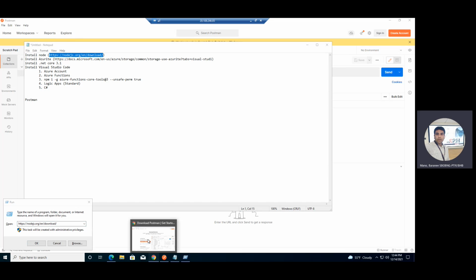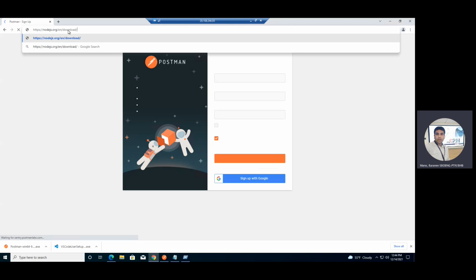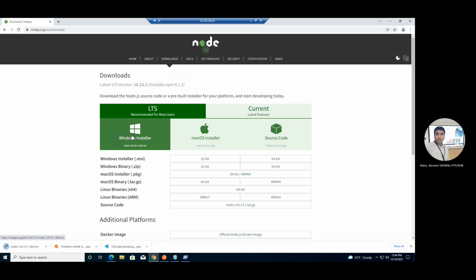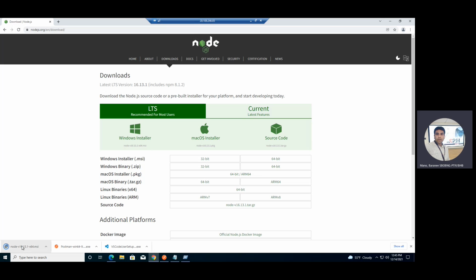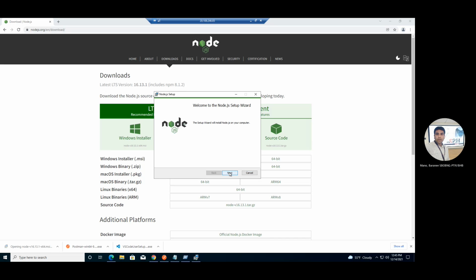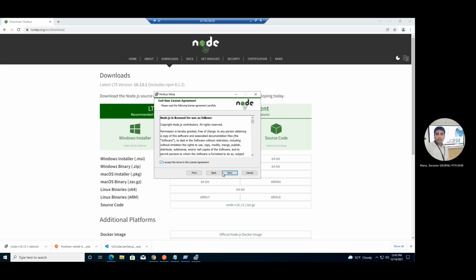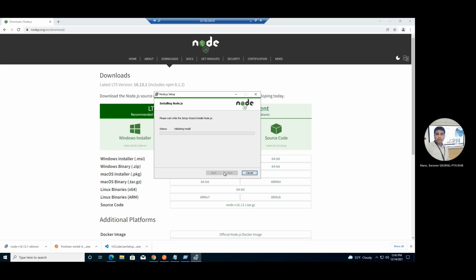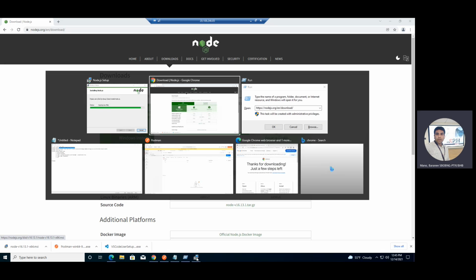Also Postman. So the first step is to install Node for the Windows machine. This is a brand new VM, by the way, so I don't have any other prerequisites other than Postman. I have downloaded Visual Studio Code, but I have not installed it. So let's install Node first. Should be pretty quick. And go back to the